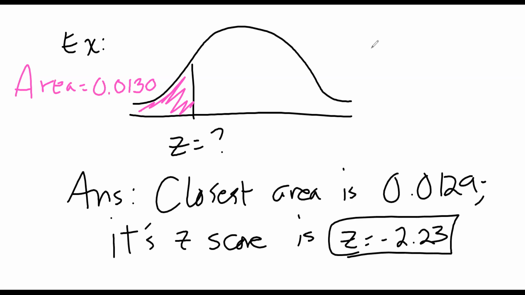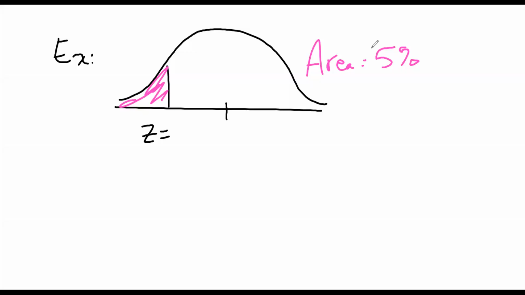Raises another issue, as I'll show you in the next example. Let's say you want to find the z-score whose left area is 5%. What is the z? That's the question. Well, since we have an area and the areas are inside of the z-chart, we need to think of this as a decimal. More specifically, a 4-digit decimal. I'm assuming everybody knows how to turn a percent to a decimal by moving the decimal 2 places to the left. In 5%, it's after the 5. Move it 2 places to the left to get 0.05. But because the areas in the z-chart have 4 decimal places, we'll append a couple of zeros. So we're looking up 0.0500